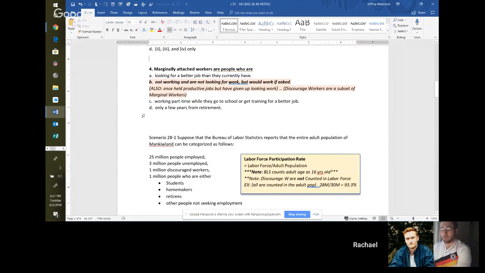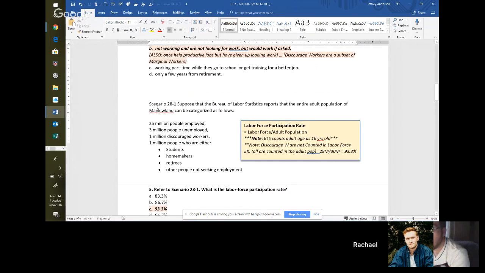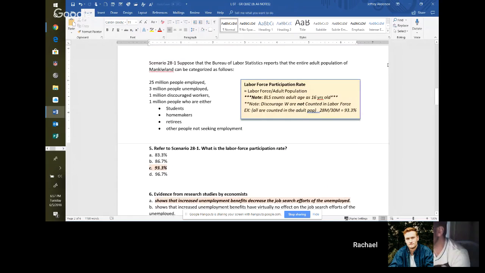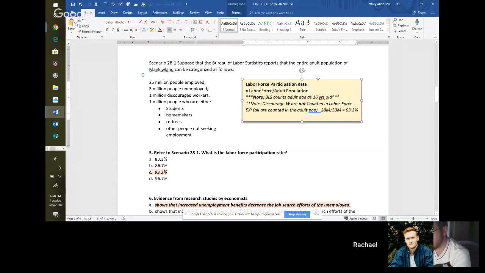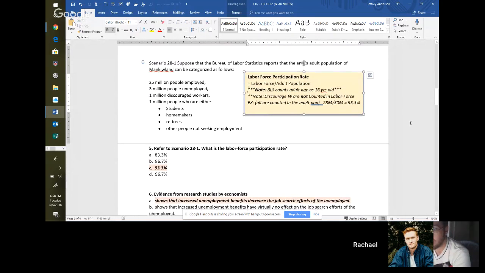Well, and question 4, I got that as well. It's B, right? Yes, that's what I got. Okay, great. And then question 5. Labor force participation rate. And so this was another formula right here. Yeah, I've got this one pulled up in the book, so I can see that one. Okay. Labor force over adult population times 100,